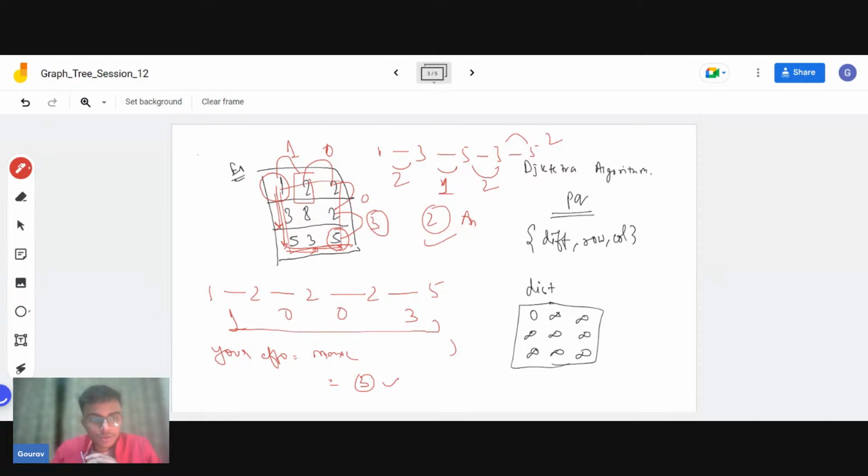In fact, this type of graph question we have already discussed previously. Anyone, any idea how we'll apply the concept of Dijkstra's algorithm?